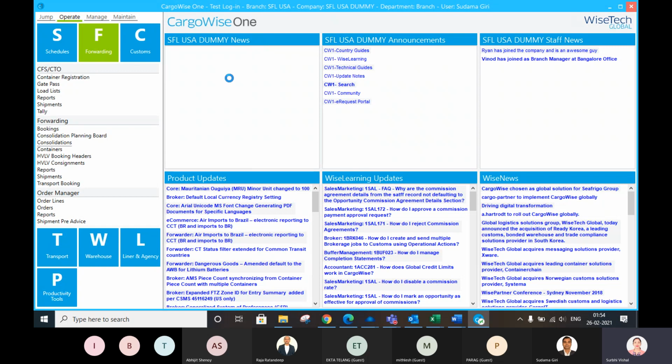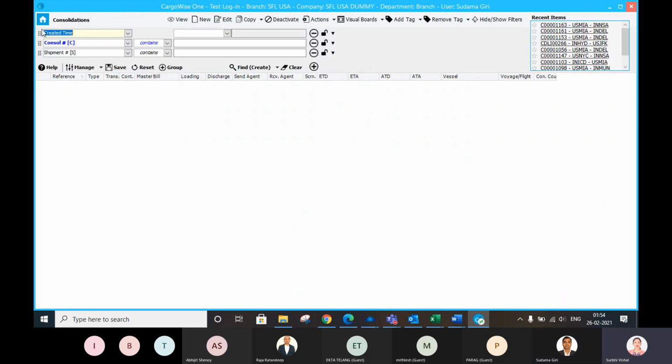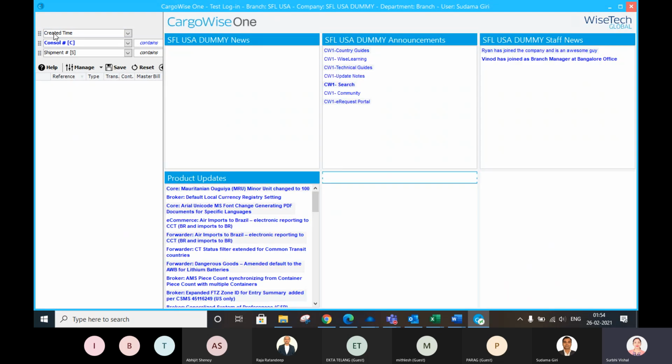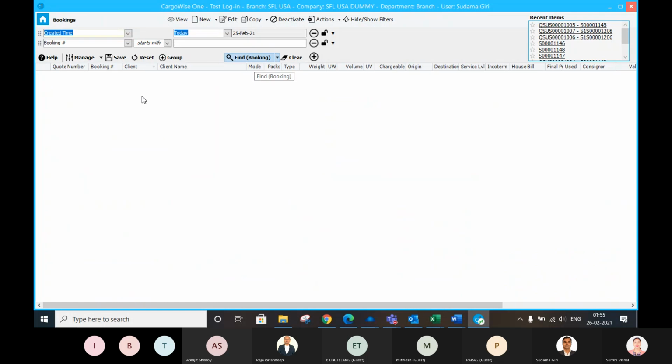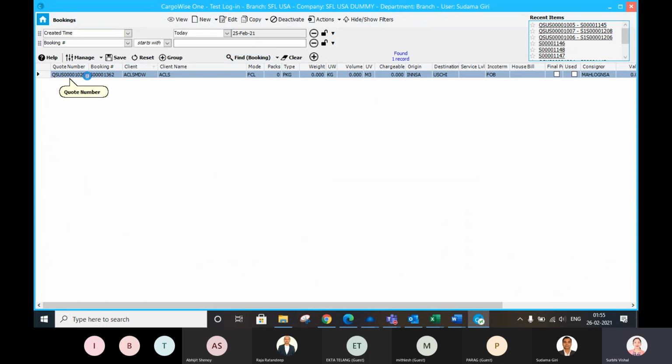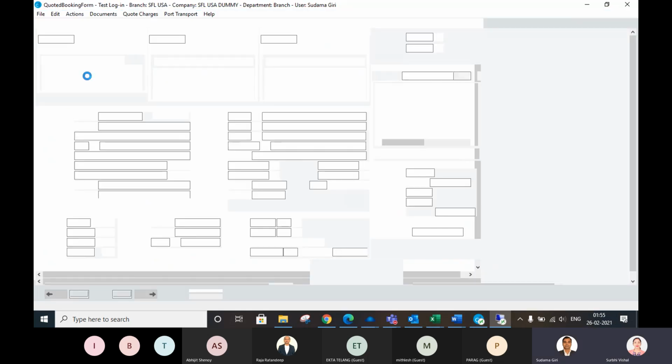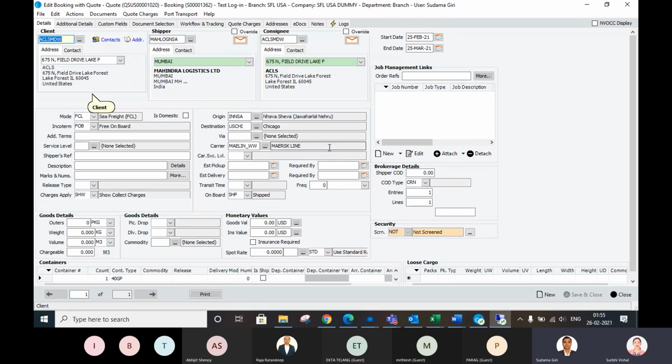Sudama, the console has not been saved, so it will not come there. You have to go in the booking only, which is created today. Consolidate it.